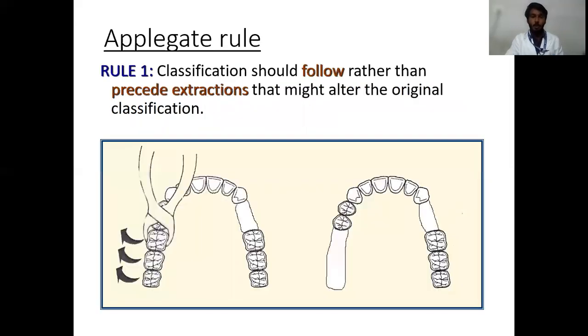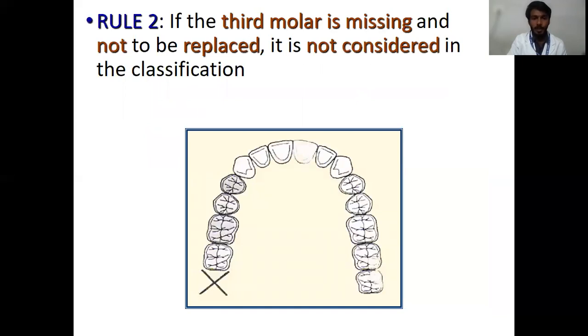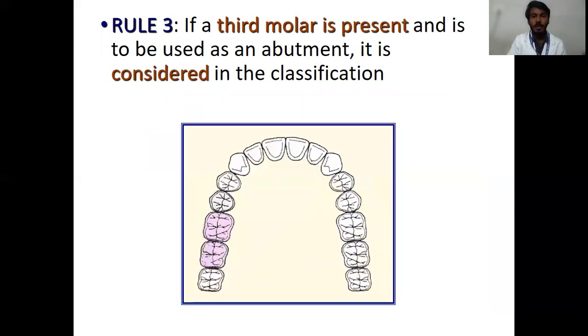Now coming on to some rules for the simple classification of Kennedy. These were put forward by Applegate, hence the Applegate rules. These are 18 in number. The first rule: classification should follow rather than precede any extraction that might alter the original classification. You can see in the figure. Rule 2: if the third molar is missing and not to be replaced, it is not considered in the classification. Rule 3: if a third molar is present and is to be used as an abutment, it is considered